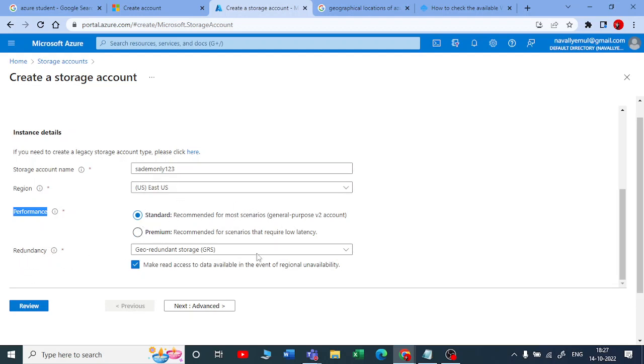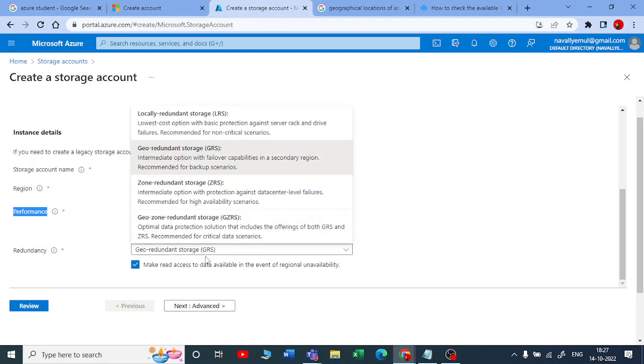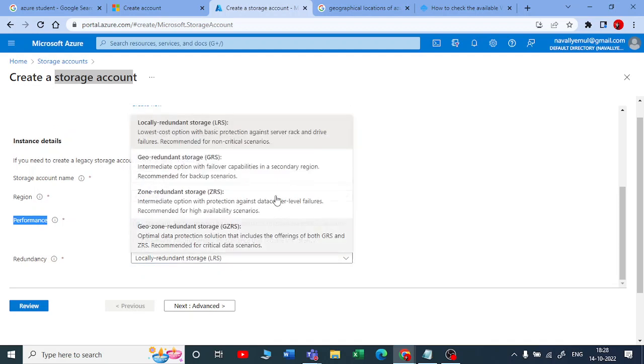Then next is redundancy. If you click on this, there are four types: locally redundant, geo redundant, zone redundant, and geo zone redundant. As the name indicates, when you are setting up a storage account in the cloud or in the data center, locally redundant gives you basic protection against a server rack failure.